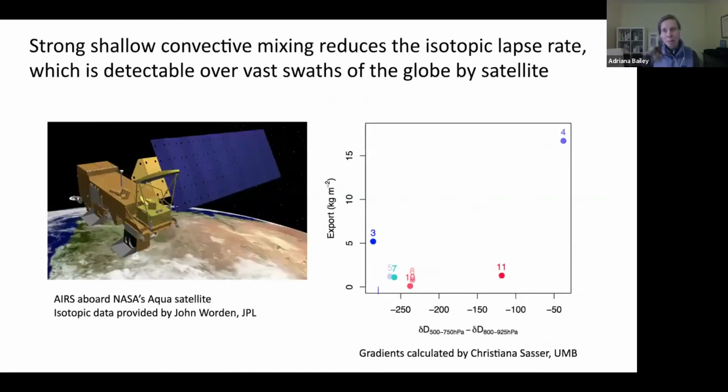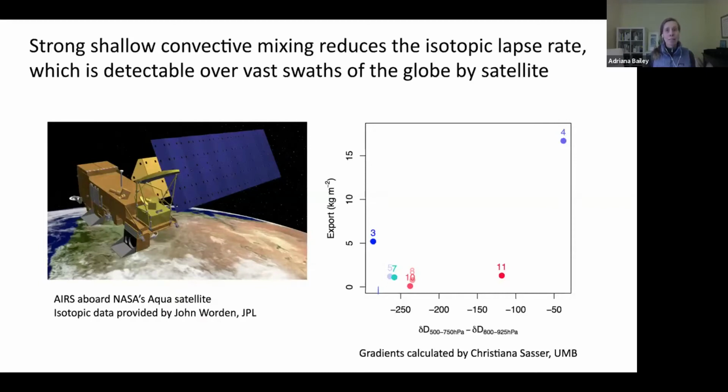Okay, so the last thing I want to turn to in this talk is a little bit of an extension of this work, because as great as field campaigns are for getting this very detailed view of the environment, they really only give us snapshots in time, where we have a limited number of days and also a limited area that we're able to cover. So this question of shallow convective mixing and its effects on both lower free tropospheric humidity and on cloudiness is really a question of global relevance, right?